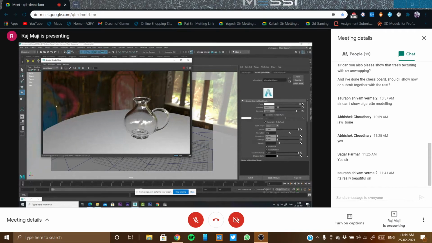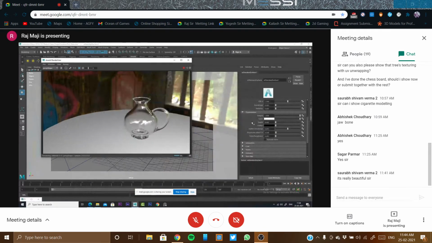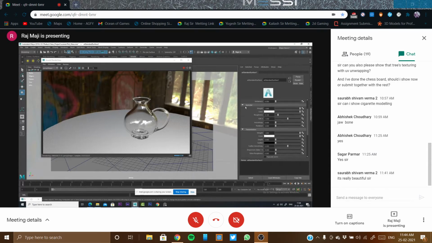Okay, now going to the glass shader once again. We are trying to create glass shader right now. Okay, and in the transmission, let's go to the specularity of it. Okay, so 0.1 we talked about.